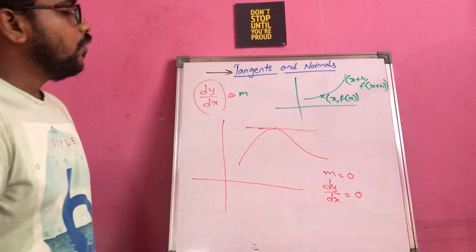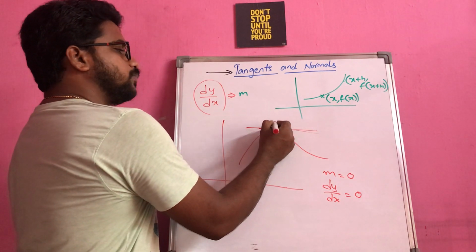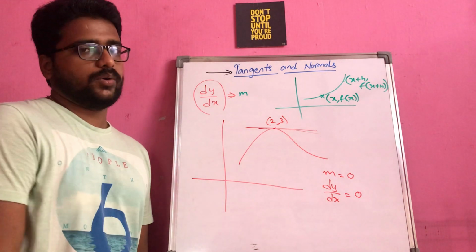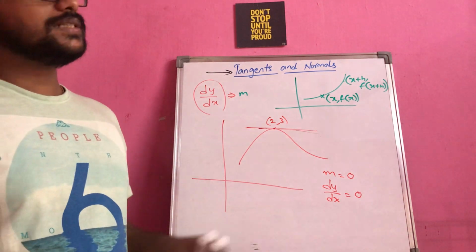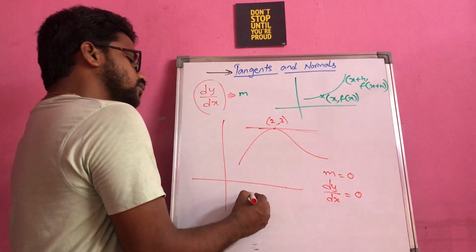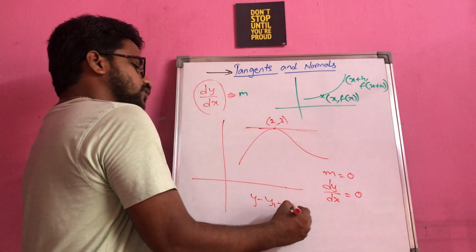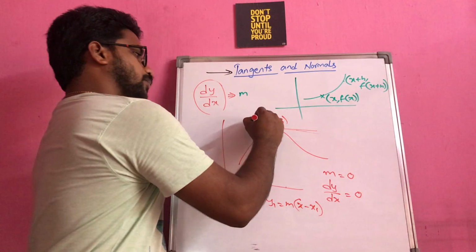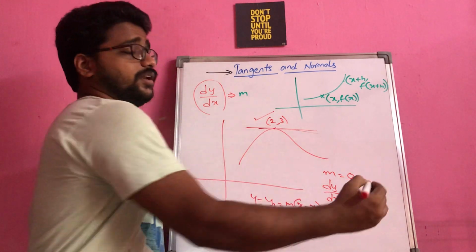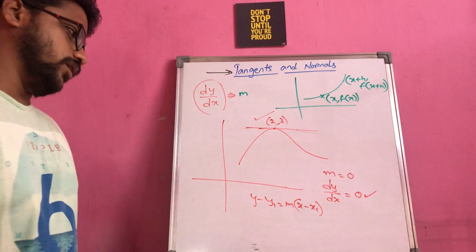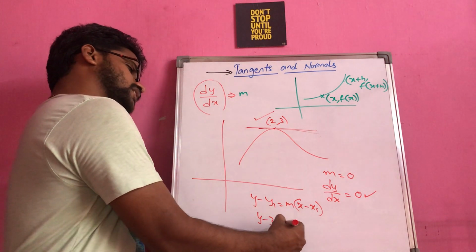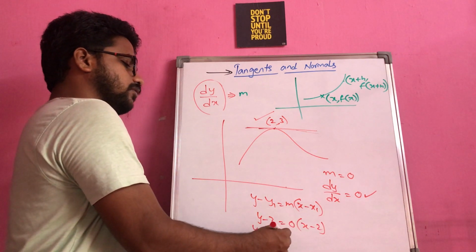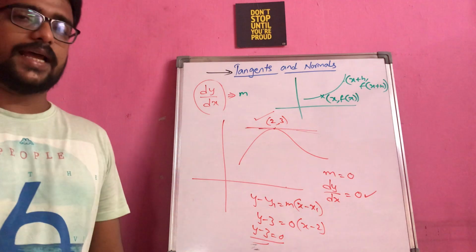So when you know that this tangent line is passing through some particular point, say (2, 3), whatever it may be, you can take any point, and you have the slope equal to 0, still I can make use of the basic equation of a line, y minus y1 is equal to m into x minus x1, because I am aware of a point and I am aware of a slope. So I will go for the point slope formula. y minus 3 is equal to 0 into (x minus 2). So I am getting y minus 3 is equal to 0 as my required equation of the tangent.